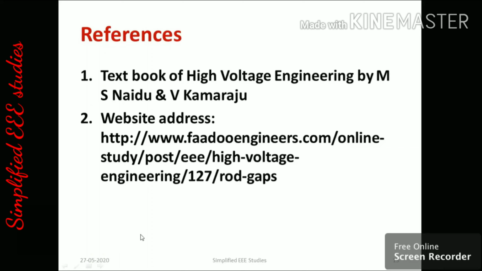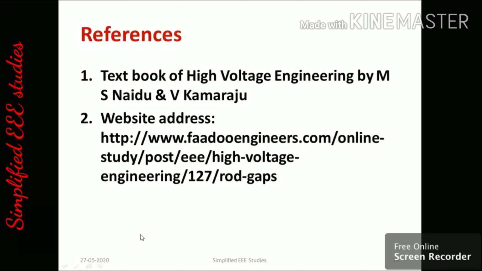Thereafter, the procedure, how to do the measurement for the spark over voltage for different configurations. Simple procedure I have explained in the session. Thereafter, we have found the relation between spark over voltage versus the gap distance. We found that it maintains a linear relation. The spark over voltage can be called breakdown voltage. Both breakdown voltage and the gap distance are maintaining a linear relationship. That is another remarkable point in this session.